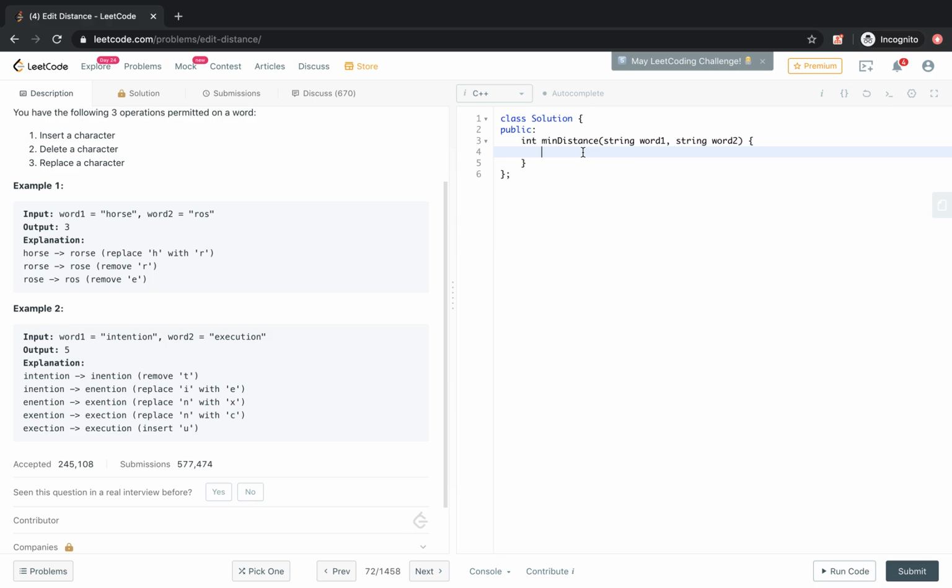Okay, so let's start. As usual, we will code in C++. First we will get the length of the first word, and we also get the length of the second word.